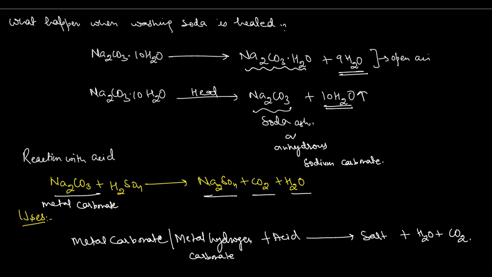So here we have sodium carbonate reacting with H2SO4. It will give you sodium sulfate, carbon dioxide plus water. How do we know that sodium sulfate will be formed? I told you that when you are confused about what forms when an acid reacts, write the acid's name first, H2SO4, and write the other substance reacting with the acid, like we have Na2CO3. Here, exchange of ions will take place.